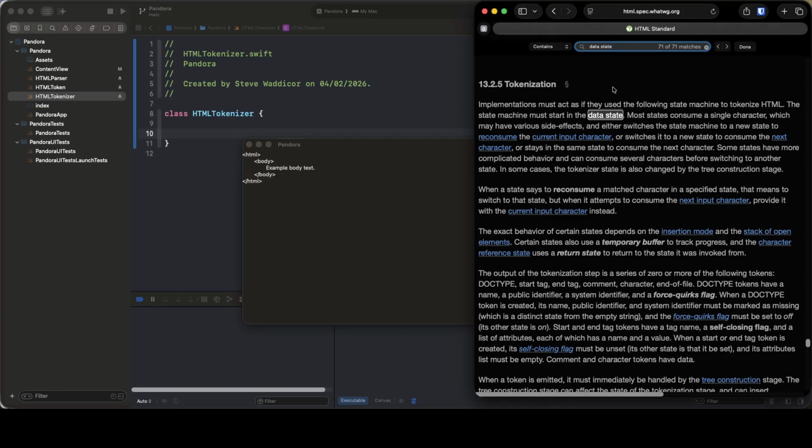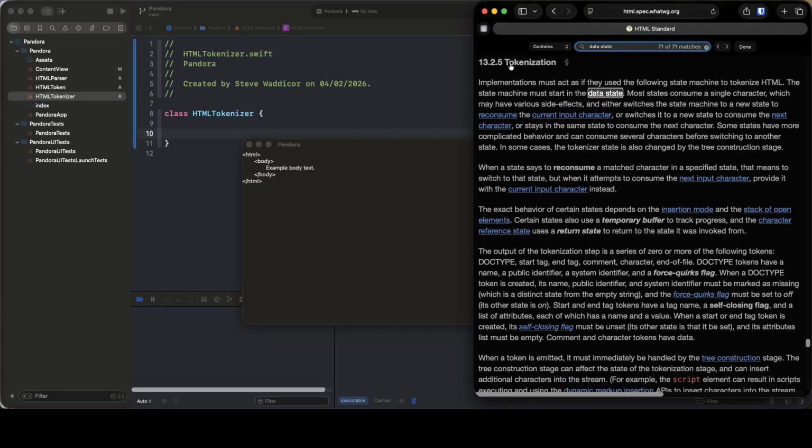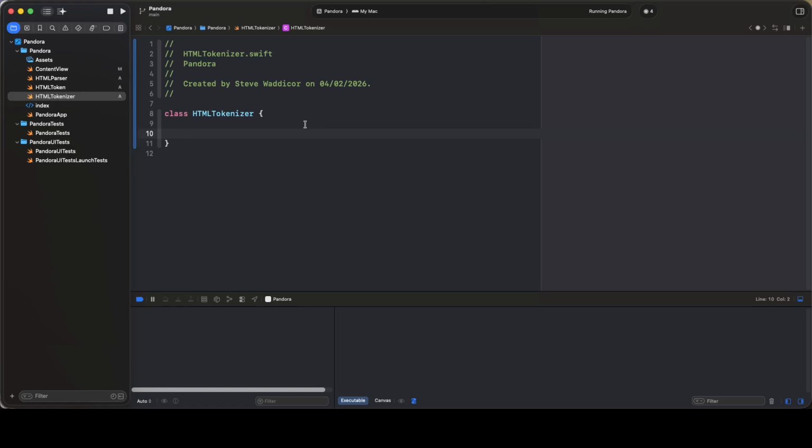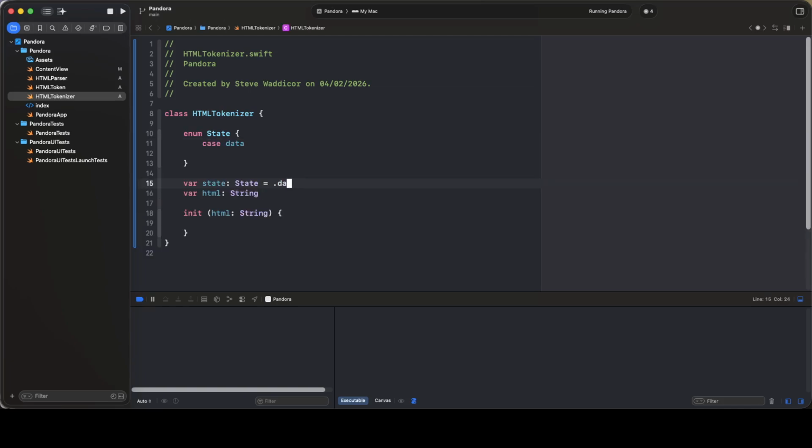and this is the part about tokenization, and it says that the algorithm is a state machine, and it starts in the data state. So let's do that. Has a state, it starts in the data state. So we'll initialize the string,